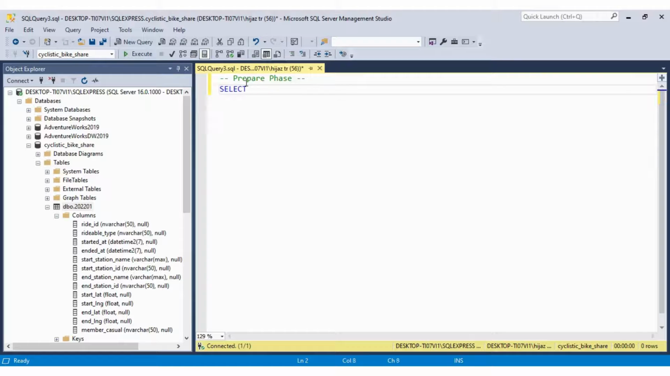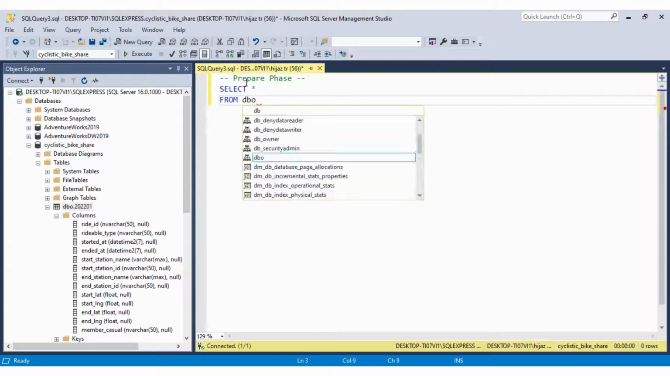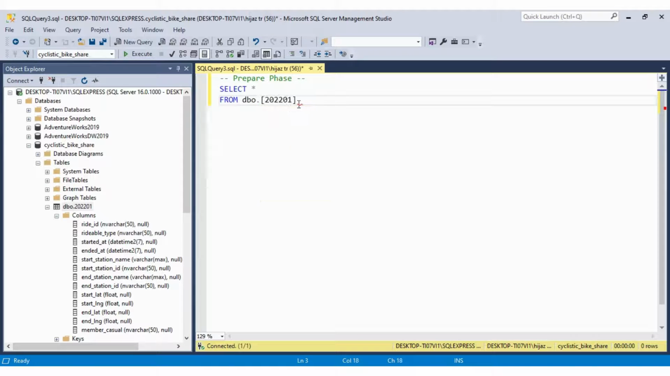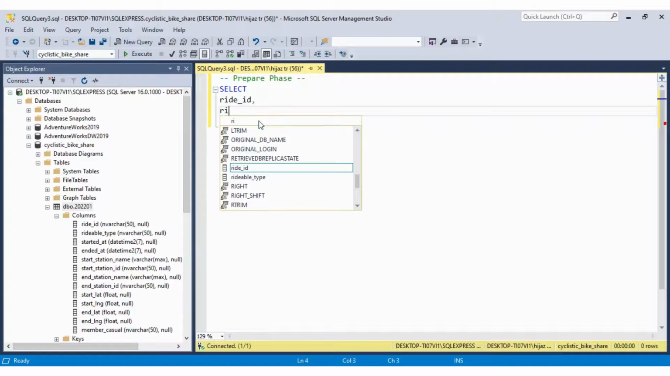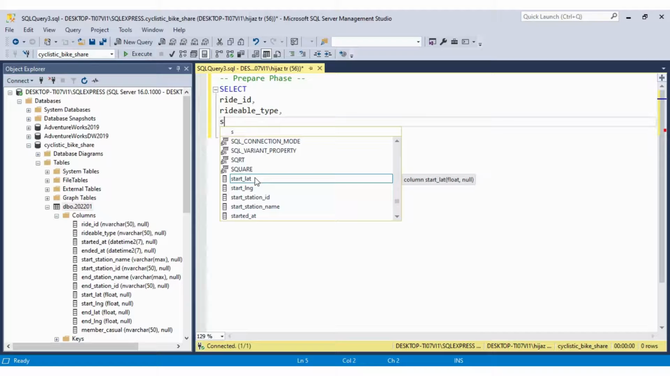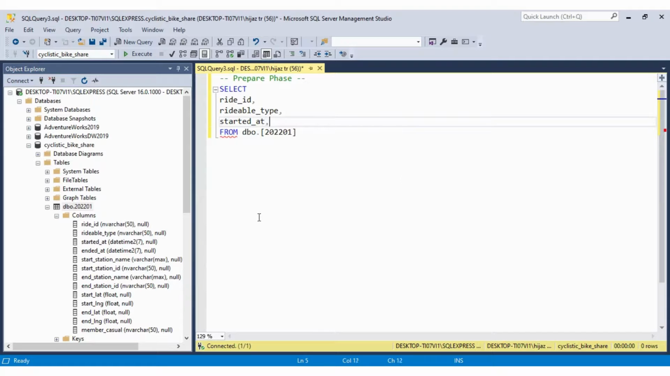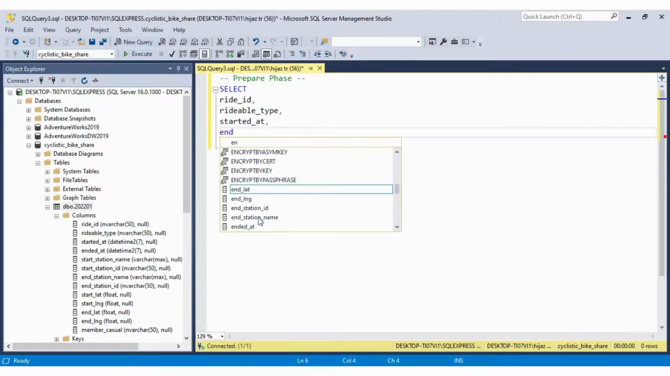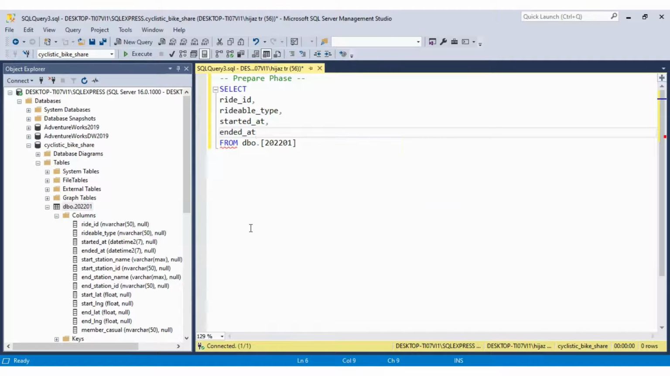Only by using the refresh button can you get access to all of the tables that you have stored in your database. Now we're starting the prepare phase. In the prepare phase, I'm firstly using a simple SELECT and FROM statement in our SQL server, and I'm selecting the table and the columns that we have to use in our analysis phase. I'm using ride ID, rideable type, started at, ended at, start station name, end station name,